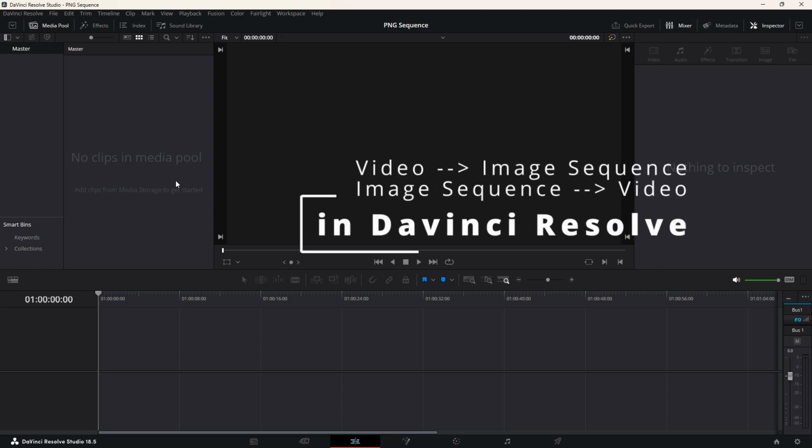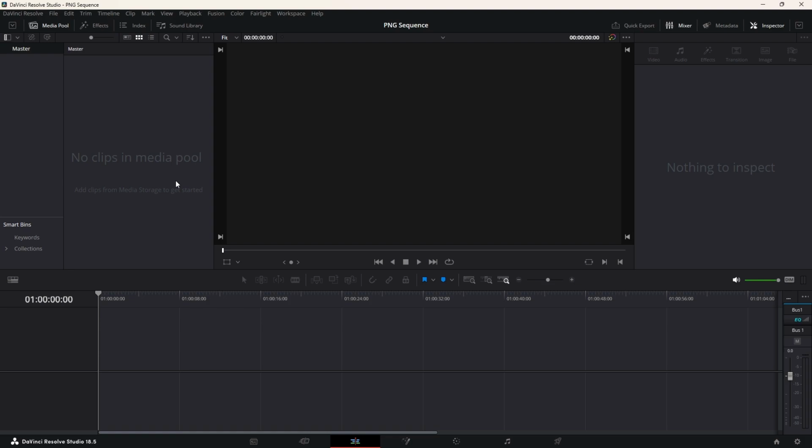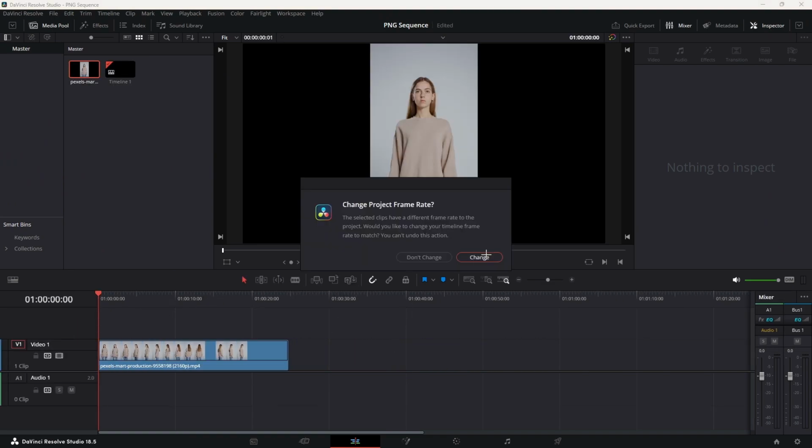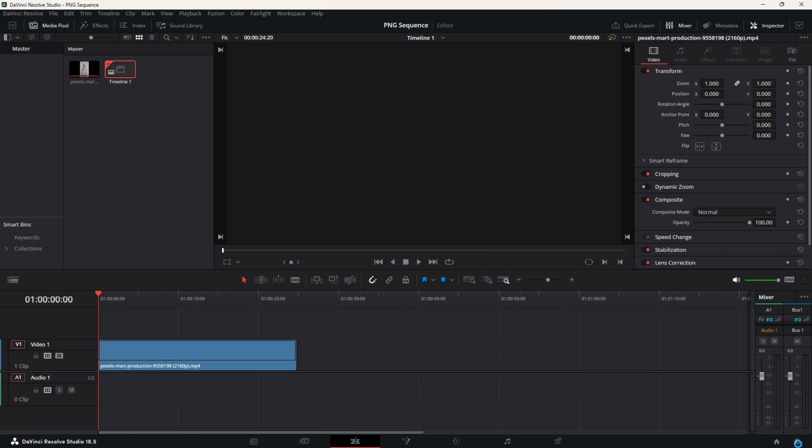Hello, this video is about converting a video into an image sequence or vice versa, an image sequence into a video using DaVinci Resolve. For example, if we have this video from Pexels, we drag and drop it into edit. Okay, we can change the frame rate, for example, or we can pick the frame rate that we want to